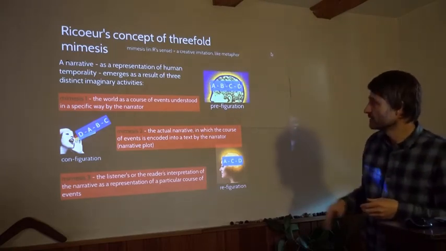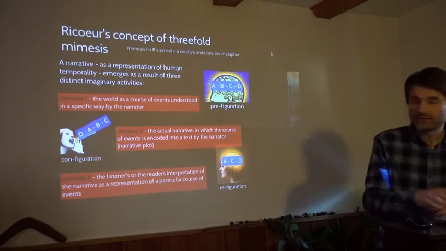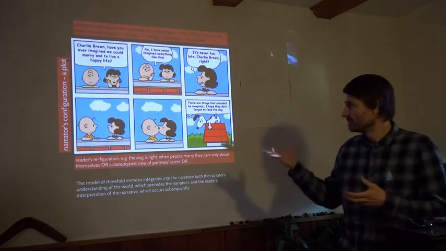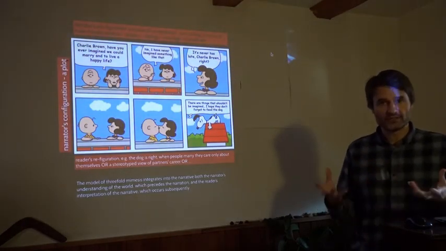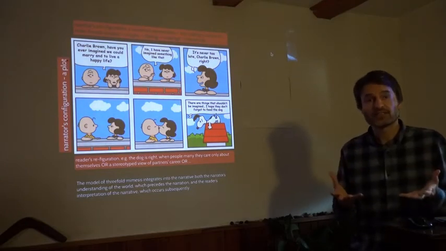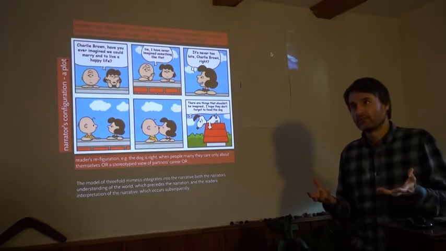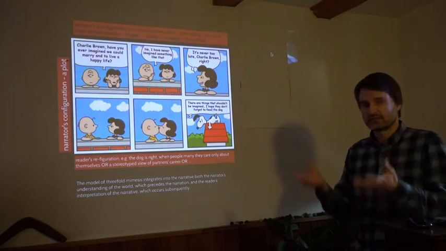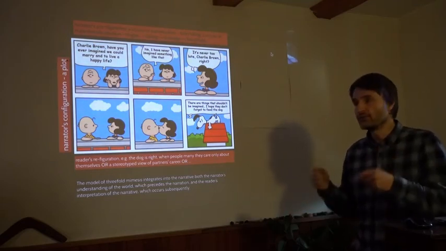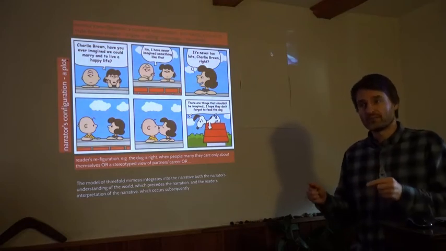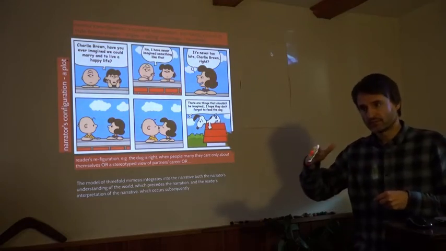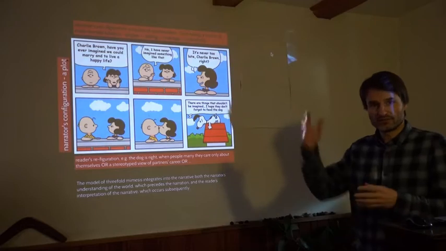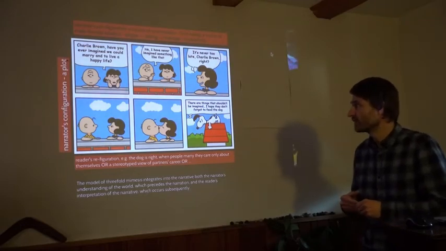So these are three particular mimetic activities, and this is the recurring idea. And here I show you an example of such analysis. This is an analytic approach, how to study narratives. It's not so much that the world is such that there are mimesis, but if we want to analyze narratives, we must be aware that there are three creativities, three levels of creativity, and we should not forget these three levels of creativity in our analysis.